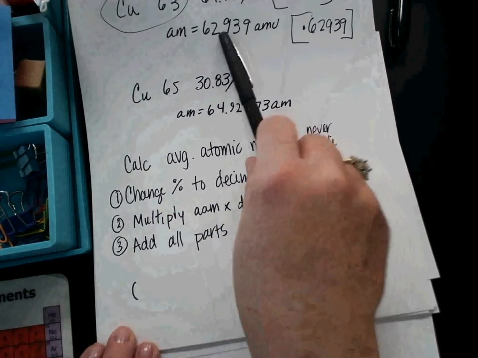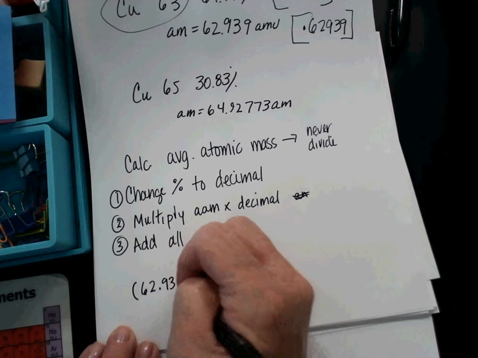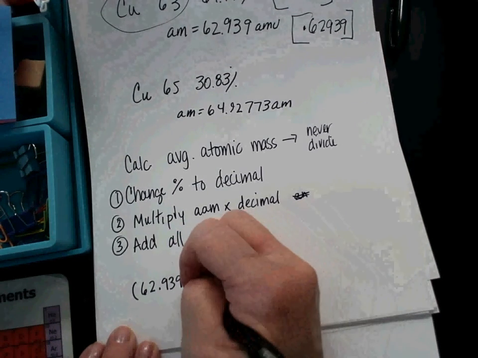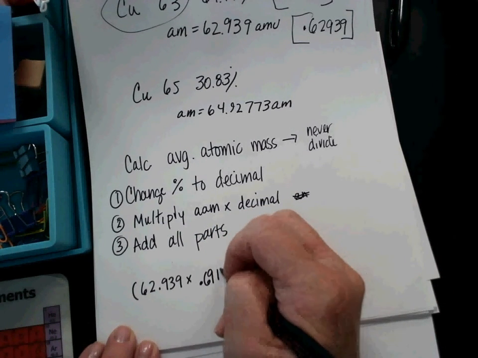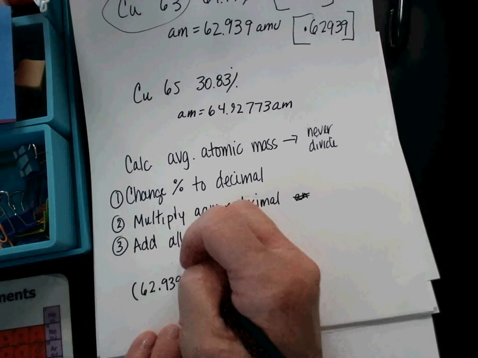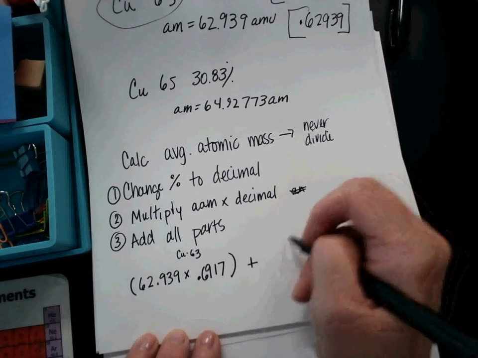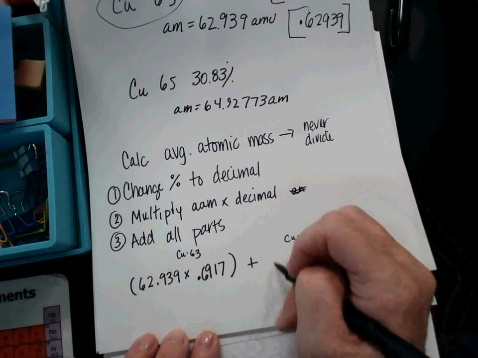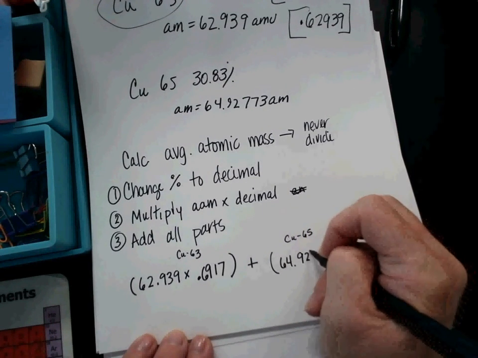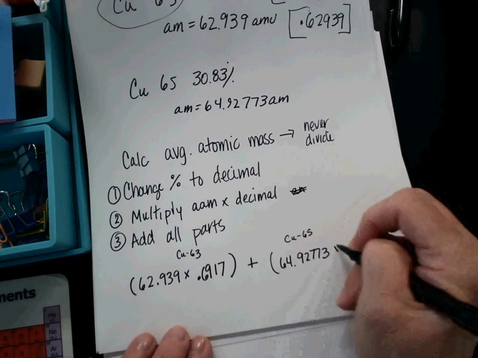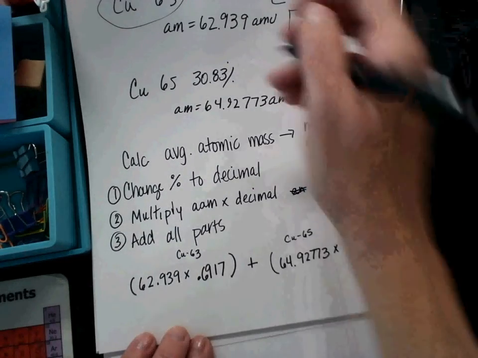I'm going to do copper 63 first. My atomic mass is 62.939, which I multiply by 0.6917. So that represents my copper 63. And then I add to it my copper 65. I do the same thing. I take my 64.92773 multiplied by